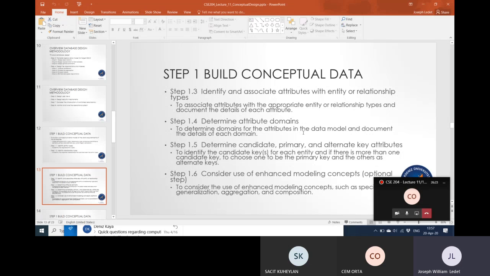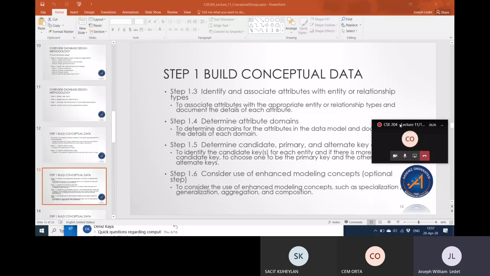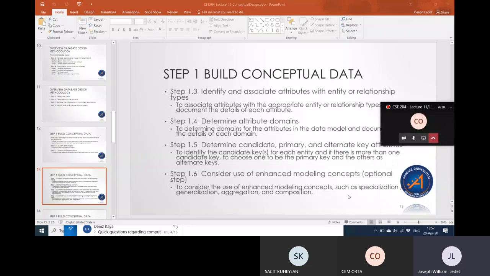All right. The enhanced modeling techniques, right? We talked about that. This is an optional step because we don't have to use this. There's no requirement